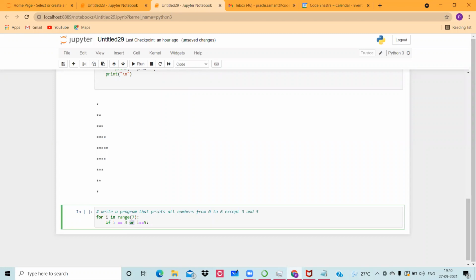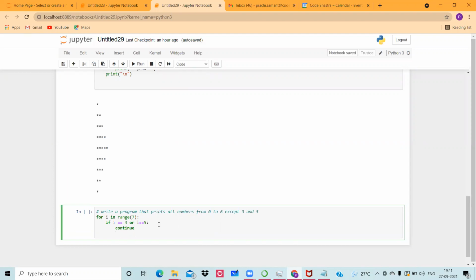So we are saying that if the value of i becomes 3 or the value of i becomes 5, that time what you have to do is simply continue. So continue से क्या होगा? It will skip that iteration, and जो next आपका flow है वो normal flow होगा. Next आपके iterations या loop पे उसका कोई भी impact नहीं होगा.